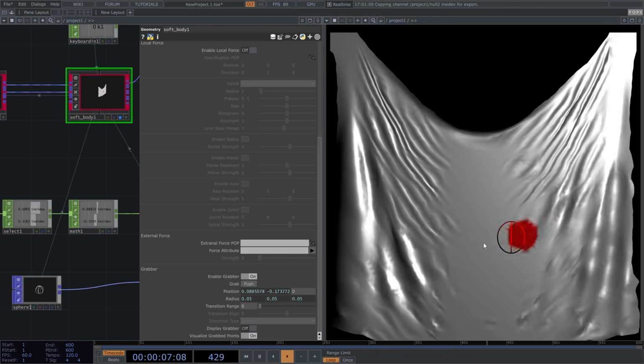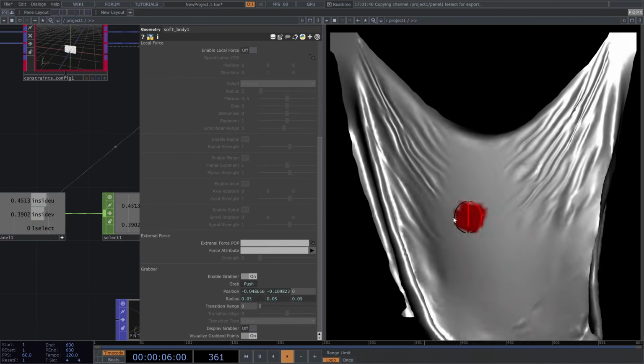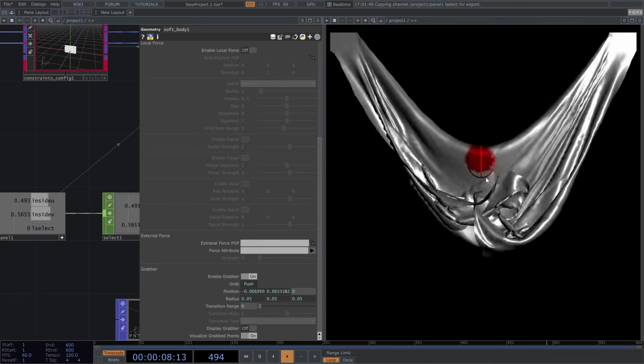And okay, we're seeing that we're in the right position. So where I'm selecting the cloth, I can see the red color. And now to actually grab, I need to push this grab toggle over here. And this I will reference the left select over here. And if I press, you can see that I can interact with the cloth,